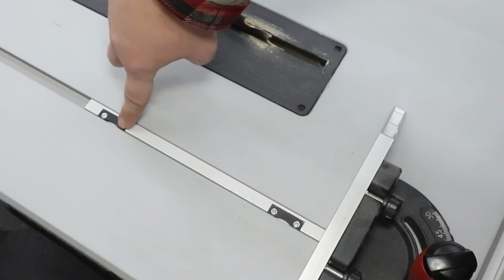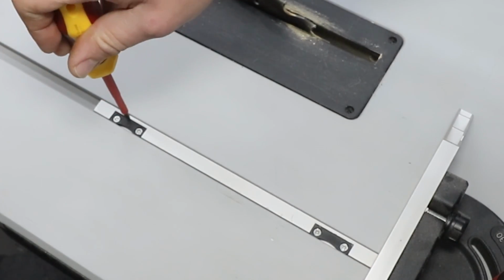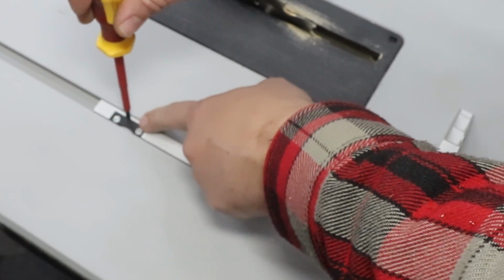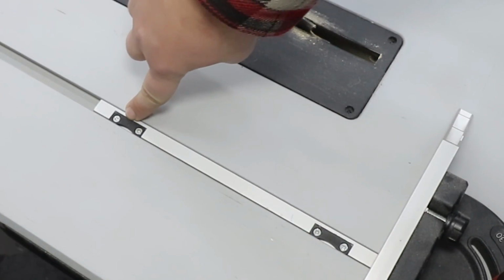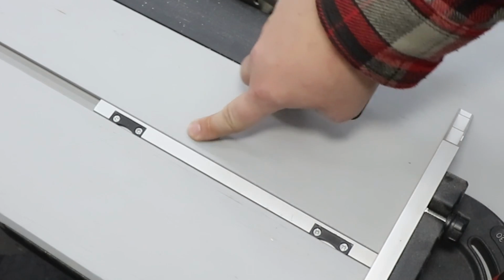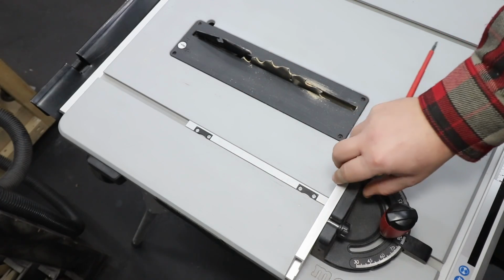So those little stops there were facing inwards towards the blade. Now I swapped them around. I've put a screwdriver, so basically something to force that plastic to be outside, to be pushed into the mitre slot, and I fastened those screws, and that gave me probably about a millimeter, maybe 1.5 millimeters, that is now making sure that this bar is not sliding left to right. And obviously I've done the same thing with the other one. Not sure if that's the correct way of doing it, but hey, it worked for me,